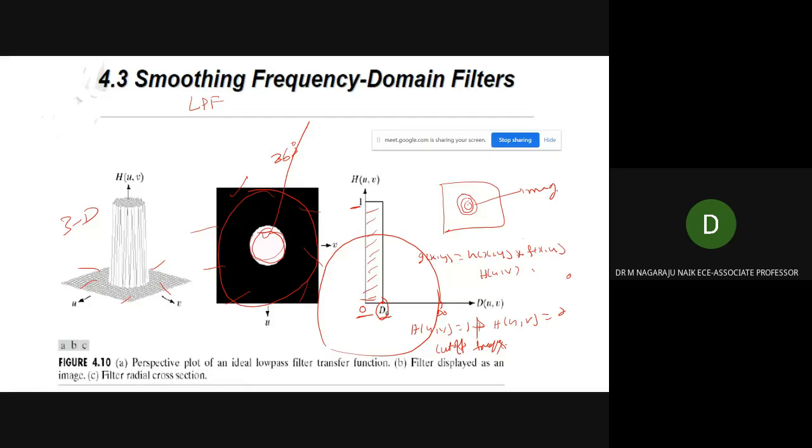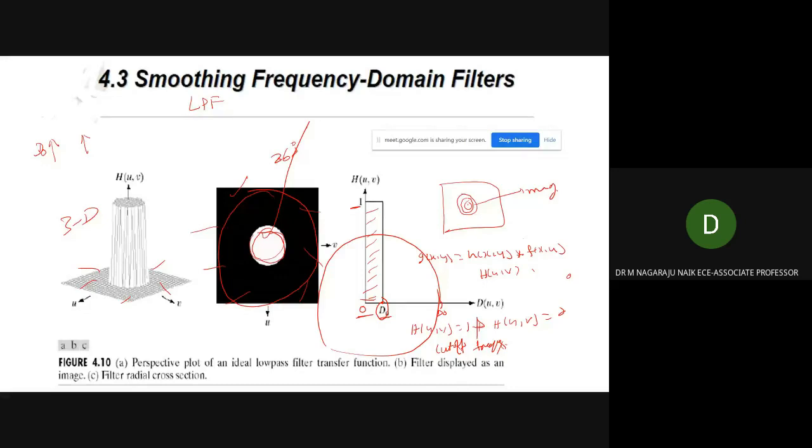When D naught, that is the radius, increases, obviously the number of rings in the region also increases, and thus it produces more finely spaced rings and less blurring.